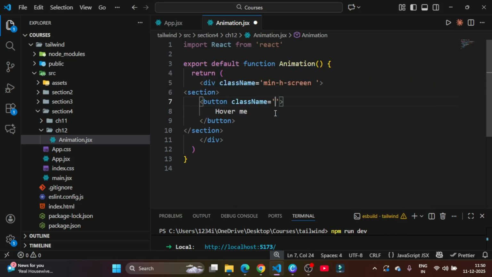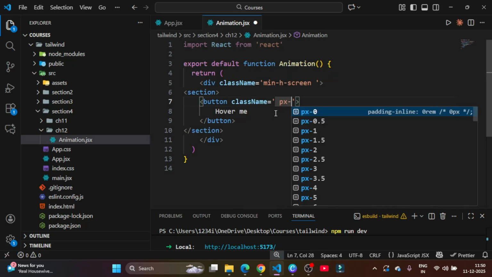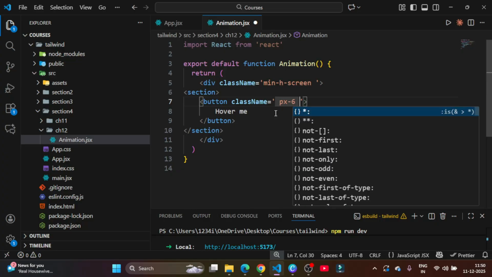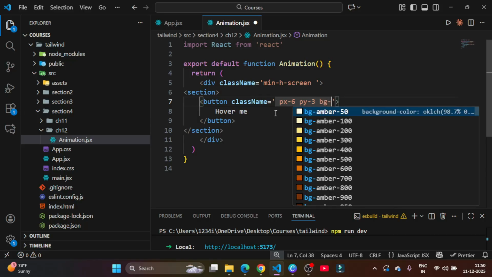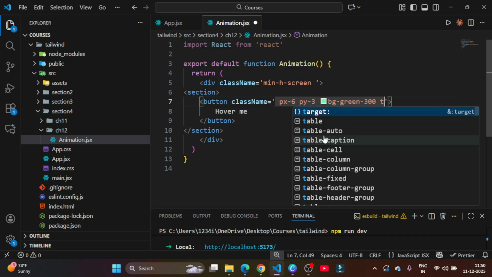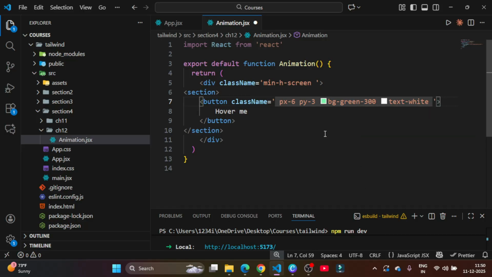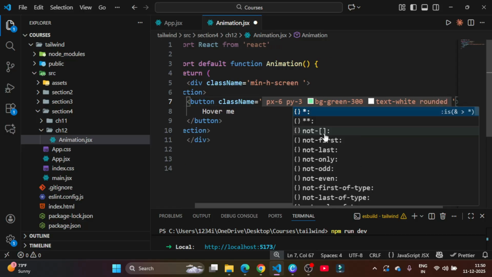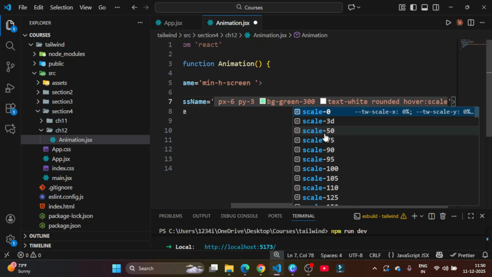So let's put px6 and py3, and then background let's say green 300, and then text white, rounded, and then hover scale,